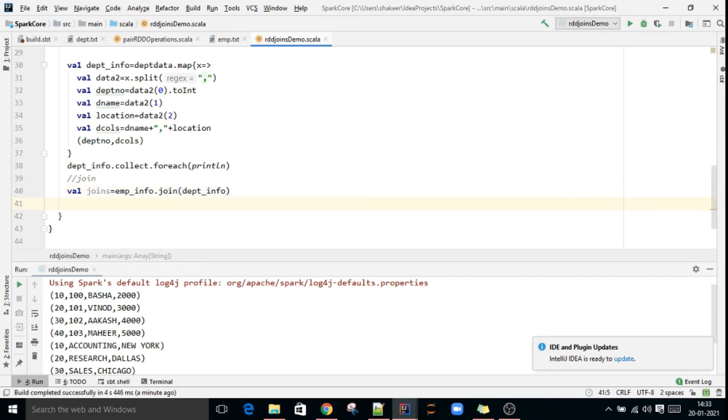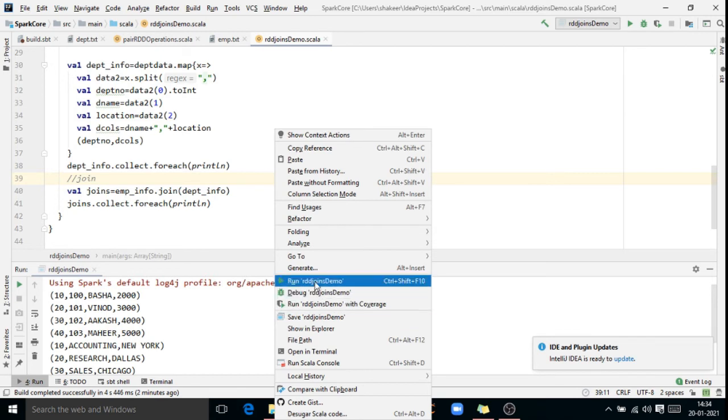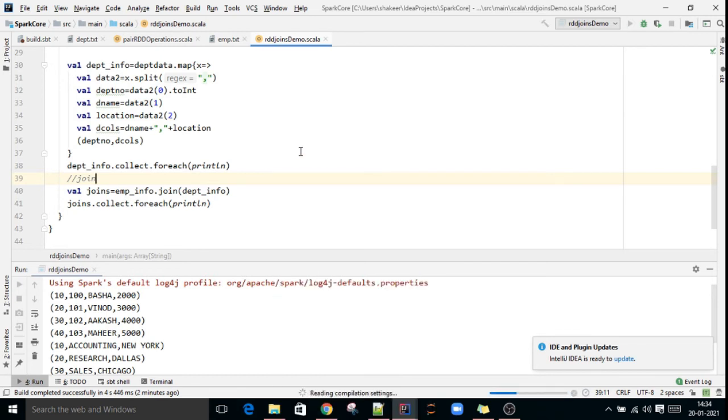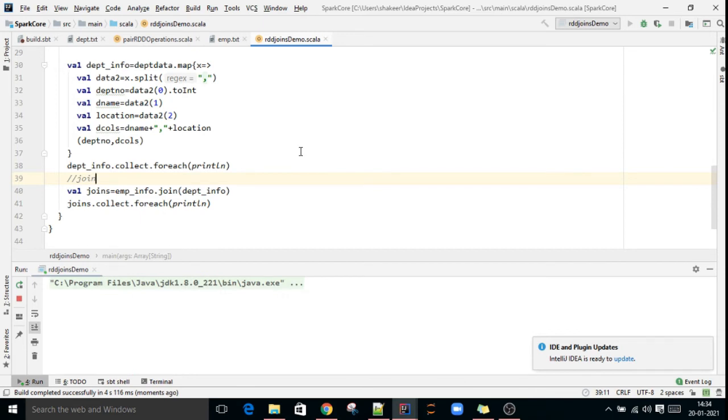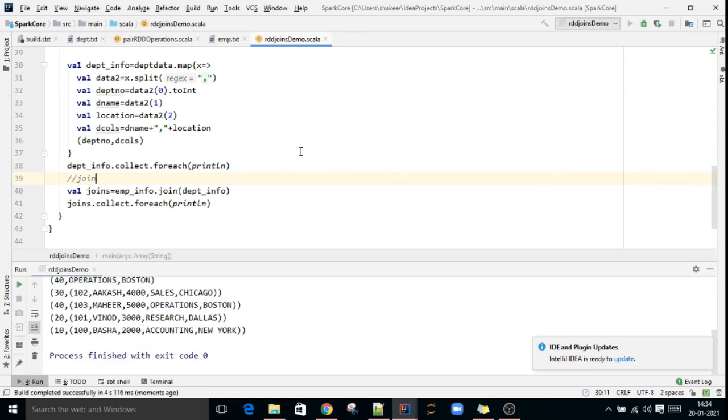Now if you do joins.collect.foreach println, we'll see how the data looks now. Now we have achieved our required output.